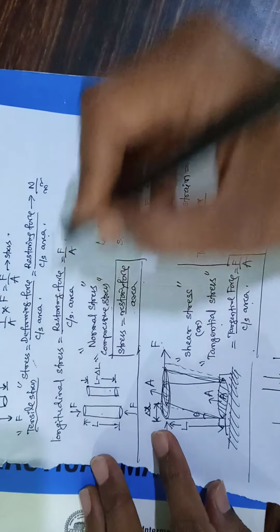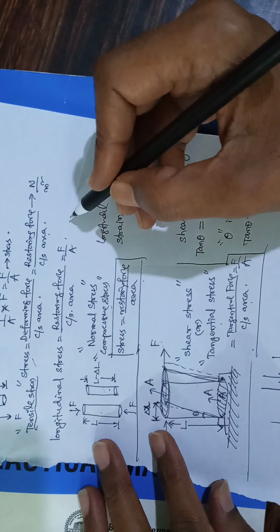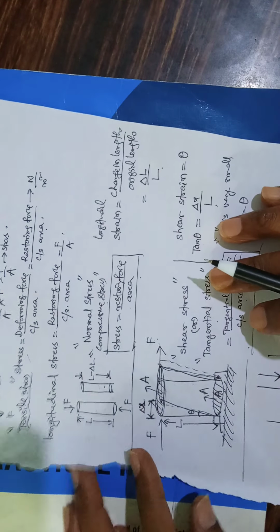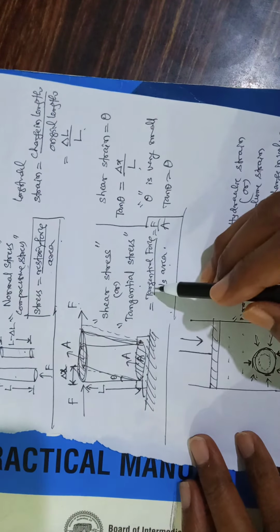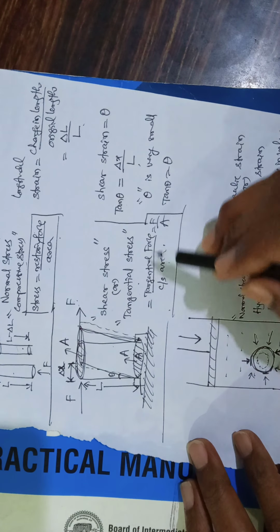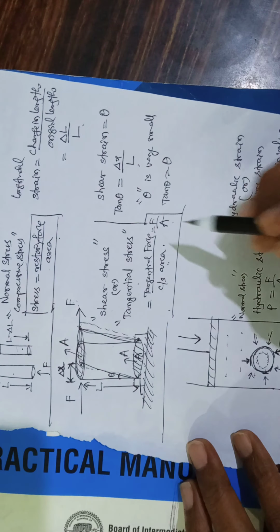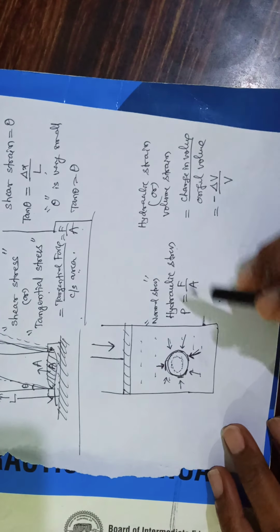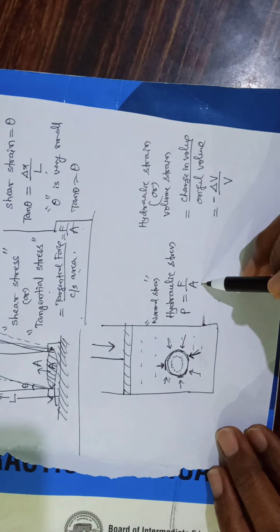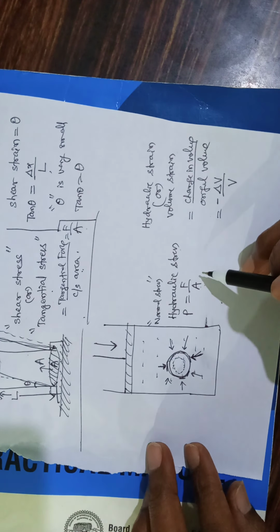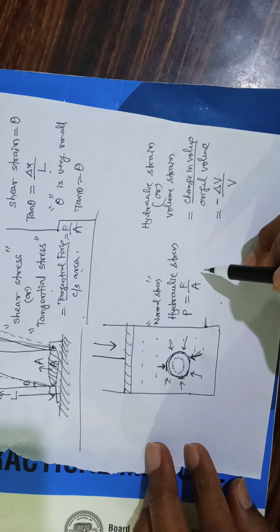So for stress the SI unit is Newton per meter square. Now let us go for shear stress. Here also you have tangential force by cross-sectional area, force by area, Newton per meter square. Now let us go for hydraulic stress, force by area, Newton per meter square. So whatever type of stress it is, the SI unit is common,